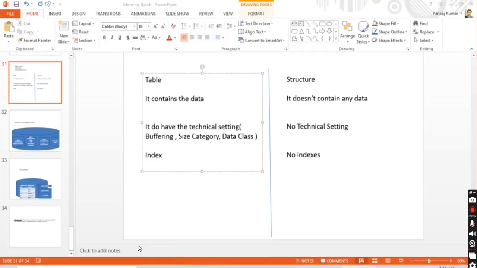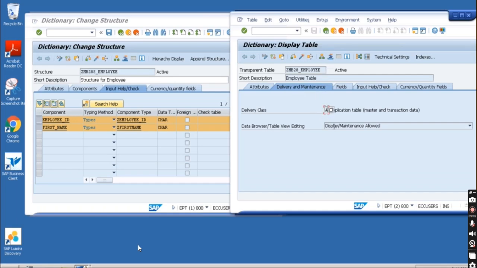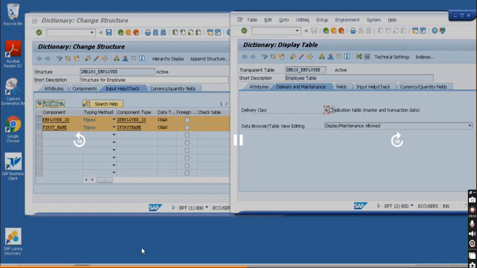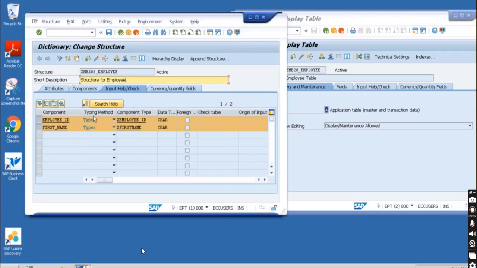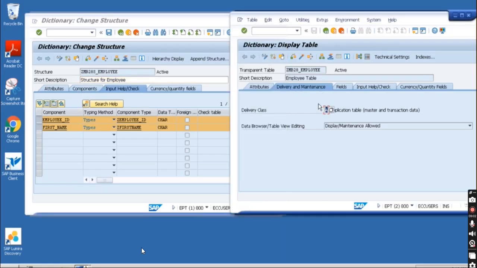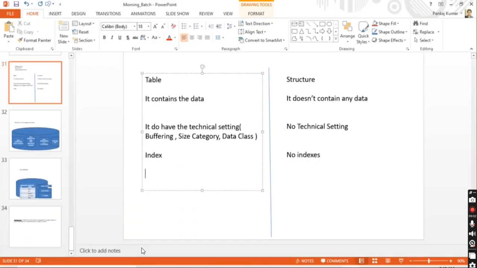Similarly, the maintenance, right? Here you can see in the table you are having the delivery and maintenance, right? Delivery class and maintenance. Because a structure does not have any data, it does not require to maintain the data over the transport, and that's why the delivery and maintenance is there in the table but not here in the structure, right? So you can note this term also. So here delivery and maintenance is